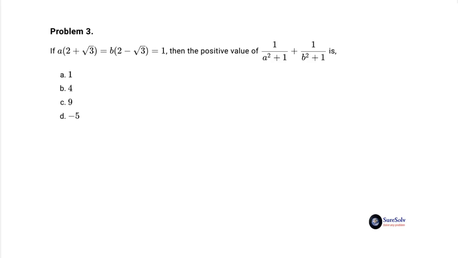We identify that the two expressions are suitable for inversion and rationalization, as 2 plus root 3 equal to 1 by (2 minus root 3) and vice versa. We have multiplied and divided 2 plus root 3 by 2 minus root 3. Interestingly, you will get this result for any two terms or expressions for which the difference of squares of the two terms is 1. In this case also, 2 square minus root 3 whole square equal to 1.